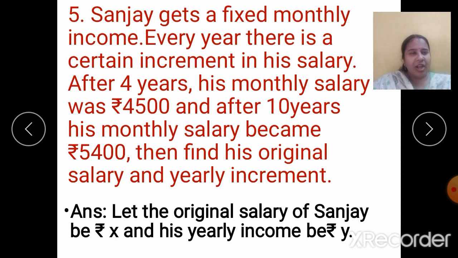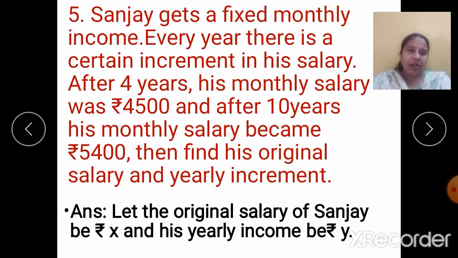Yes or no? At the end of 2 years, how much will he get? Monthly income is fixed, that is 10,000. But after 2 years I am saying, so it will be 2 into 1,000. 2,000 will be his increment. So 10 plus 2, 12,000. I hope you are understanding it. If not, let us see how it can be framed. Listen again carefully. I hope this is understood.